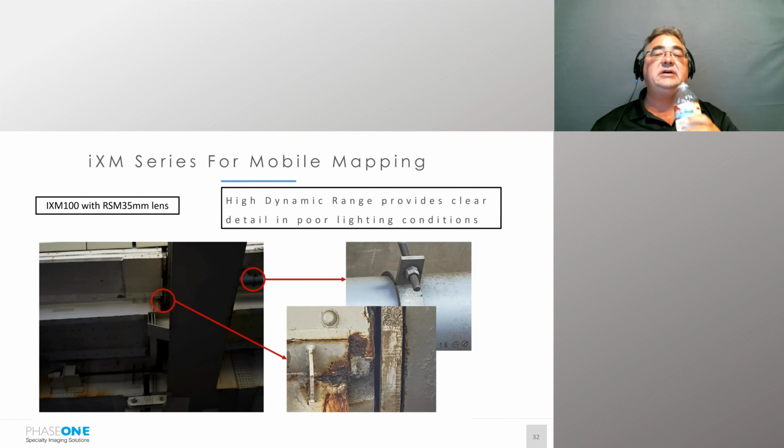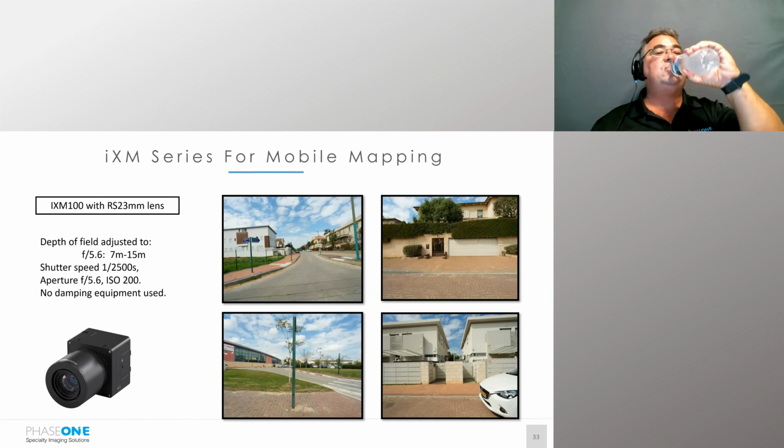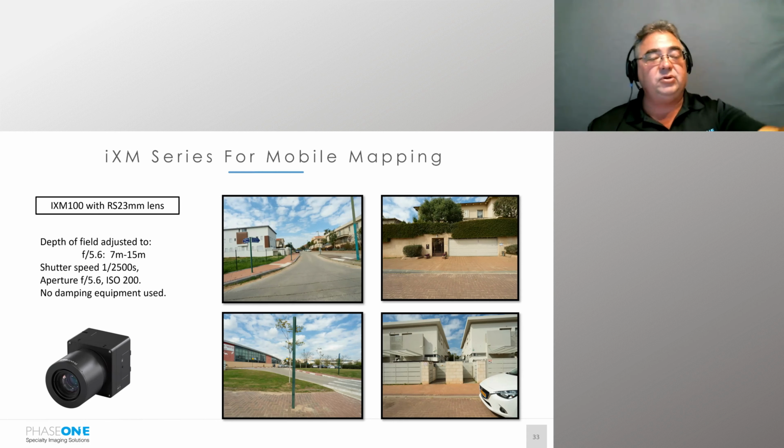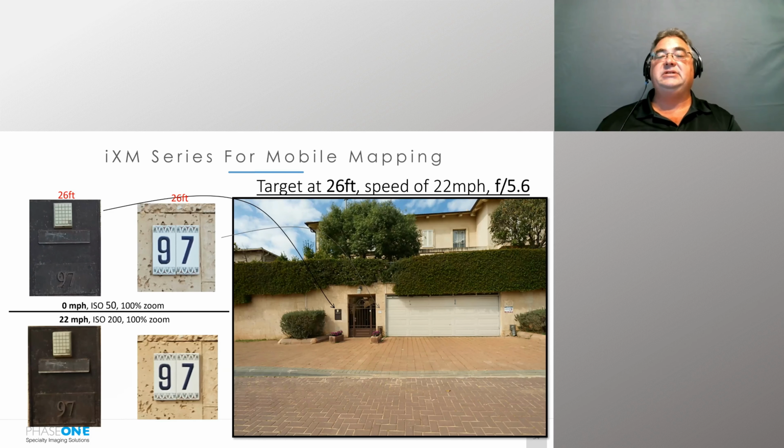So there was a test that we did a year ago with the new lens, the RS 23 millimeter. It has to do with the blur and smearing while driving. How fast can I go? How far away can that target be to get good quality imagery? So in short, we took pictures of it while the car was stopped. That's what you see in the top image, that 97. The car's not moving. But if you look below that, the second set of images, you'll see that it was driving